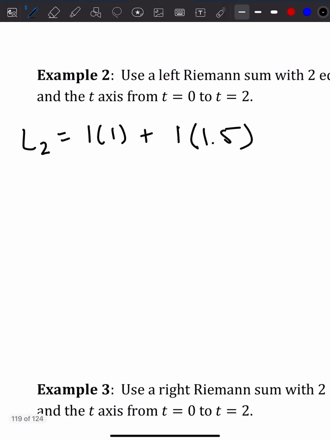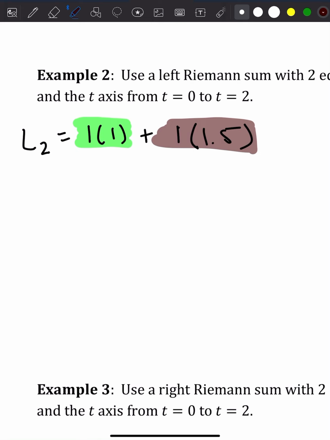So this first part came from that first rectangle, while the second one came from that second equally sized rectangle. We're going to multiply these out. So 1 times 1, 1 times 1.5, and add